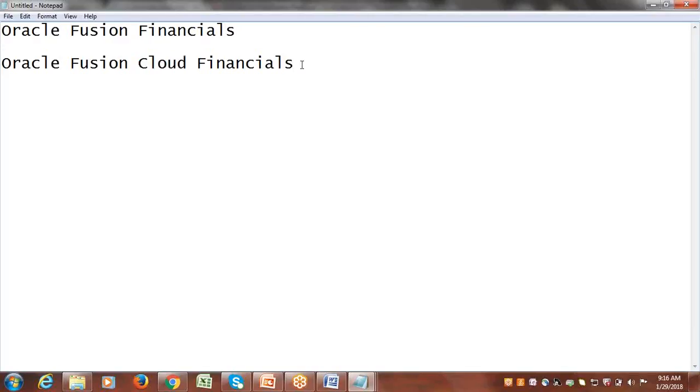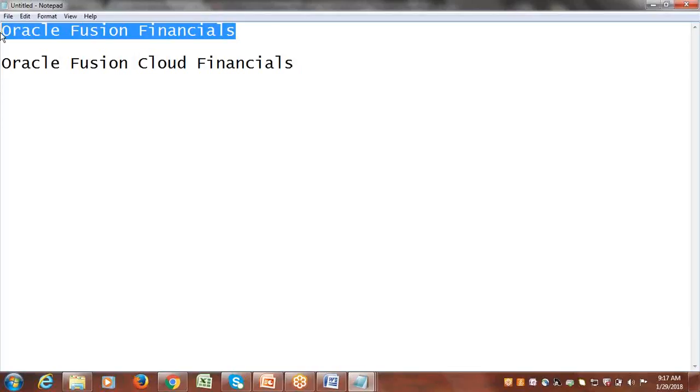In the same way, Oracle Fusion SCM or Oracle Fusion Cloud SCM. So that's how you can include or exclude the term cloud. With an on-premise solution, you have your own server and your own technical team, you buy the license from Oracle, install it, and start working on it. As with EBS release 12 or the past version 11i, the same practice applies for the Fusion application that you call Oracle Fusion Financials.